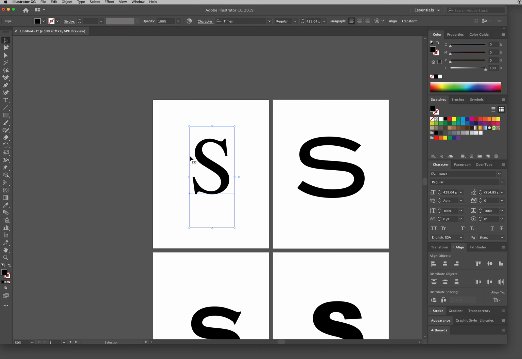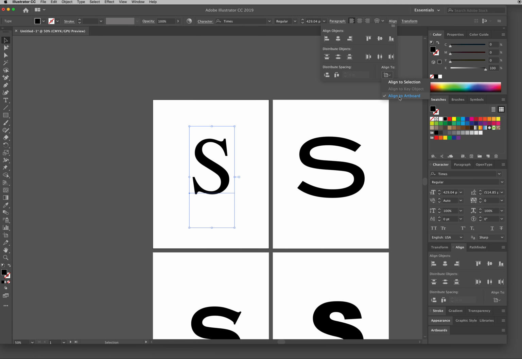All right, so with this selected on that page, I'm going to go to my Align palette, and at the bottom right, I want to make sure that Align to Artboard is selected. If that's selected, then every time I hit center vertically and center horizontally, it's going to center on that page.